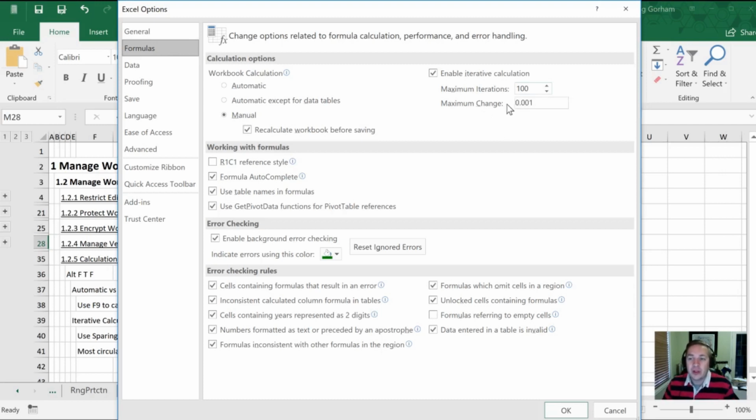The other thing I can do, though, is the maximum change. So the smaller this number is, the earlier it's going to stop calculating. As soon as the change, excuse me, it's the opposite of that. So the bigger this maximum change is, the sooner your iterations are going to stop. Basically, with most iterations, every time it iterates, the magnitude of the change is less and less. And so it's important if you're going, say, from $1,000, still important if you're doing $100,